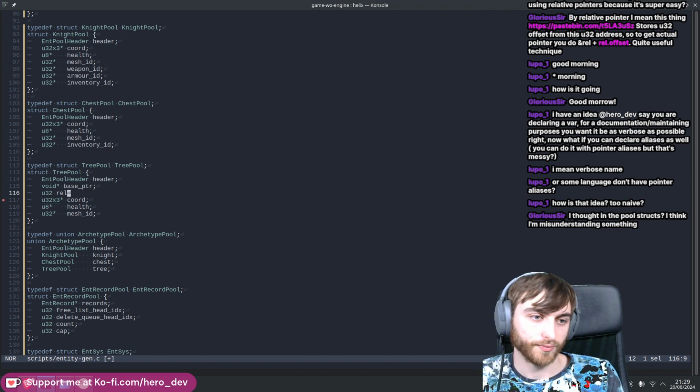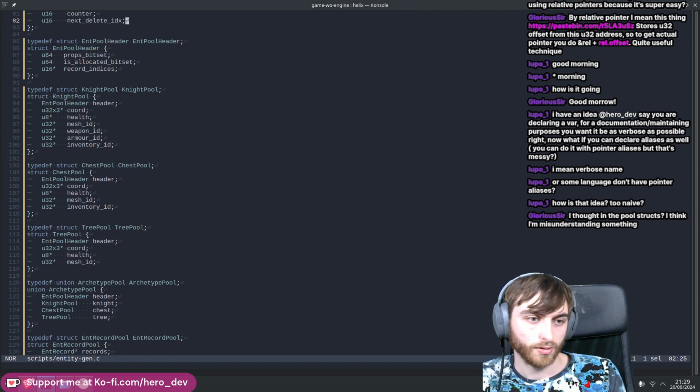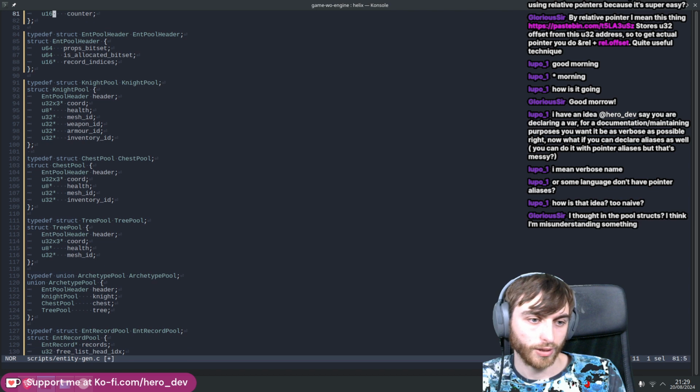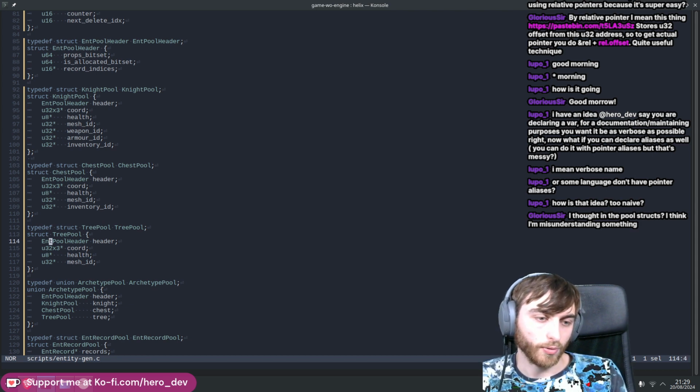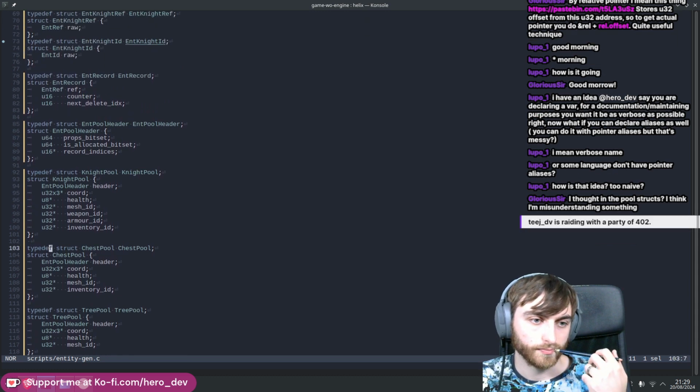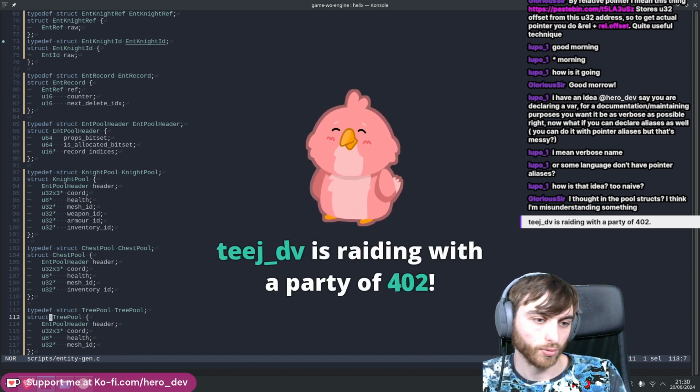Yeah, you would save some memory, I guess. But rather than just reading a pointer, you'd have to read a pointer, then the offset, and then add it together to generate that. Or maybe what you're saying is,